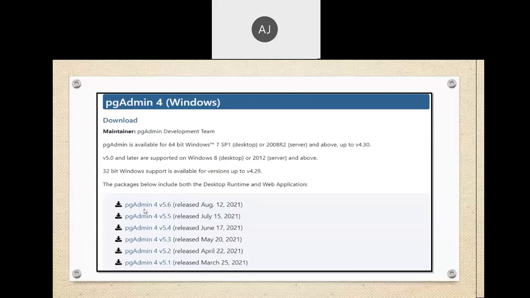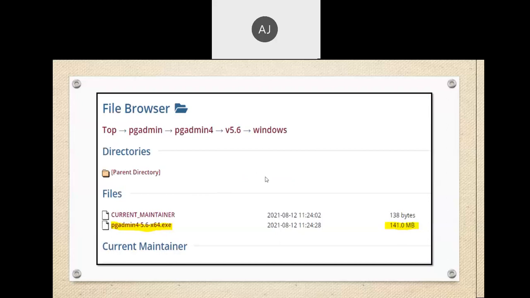But if you are trying to use the 32-bit architecture, then the company suggests they will support 4.29. Okay, so जैसे भी आप इसे ड्रॉप डाउन करोगे ना, तो ये वर्जन अवेलेबल होगा 4.29. This one is a 5.6. So you can select 4.29.